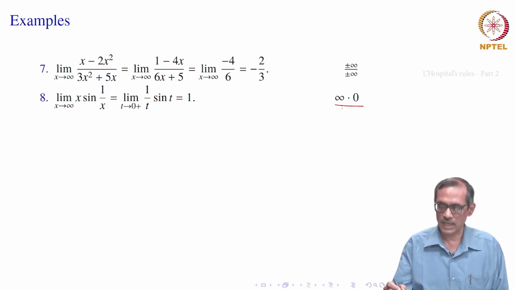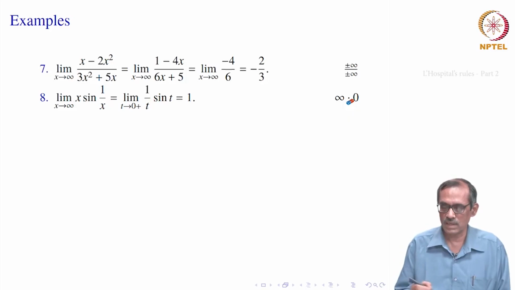Something like you may think of infinity as the limit of x square, x goes to infinity, and 0 as 1 by x square. Then when you multiply, it gives x square into 1 by x, which will be infinity. But if you take 1 by x for infinity, limit 1 by x, x goes to 0, and this is x square, you multiply, you get x, which will be 0. So, different ways of approaching infinity and 0 give different answers. That is why these are called indeterminate forms, right.